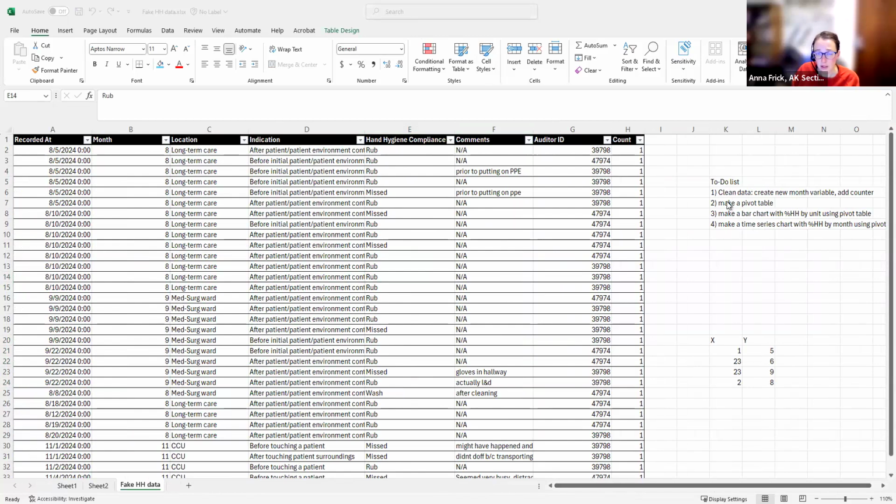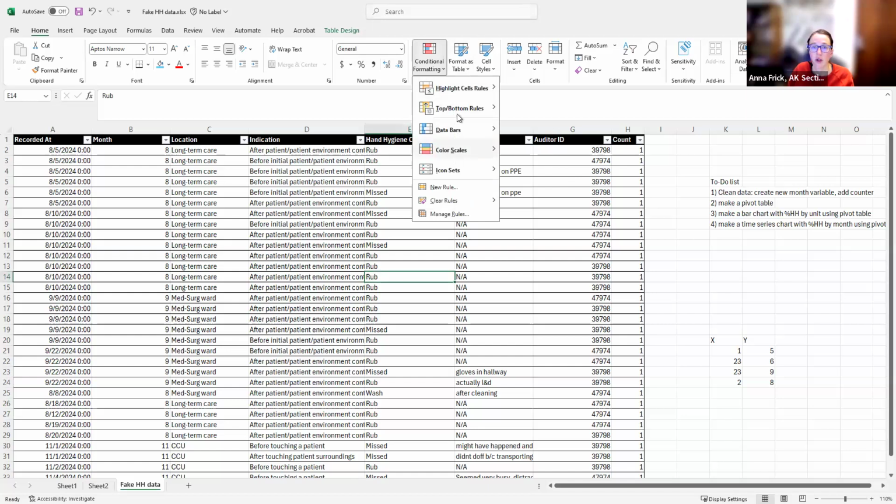Also, I don't color code, because color coding is nice for people looking at something with their eyes, but that's not a good way of doing data analysis. Excel has ways for you to do this, but I prefer not to use them because I think Excel is likely to make my life more difficult if I do. So you can do stuff like this. That's what Excel's conditional formatting is for, where it does intentional highlighting for you.